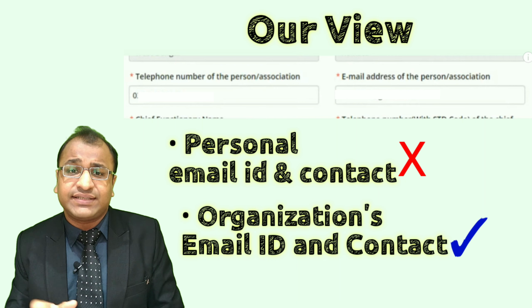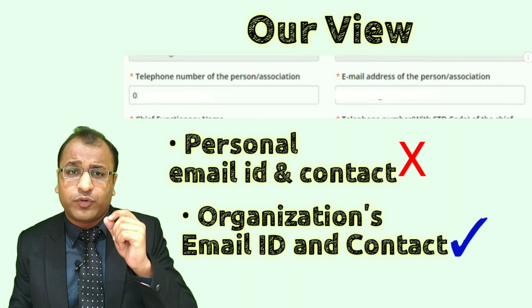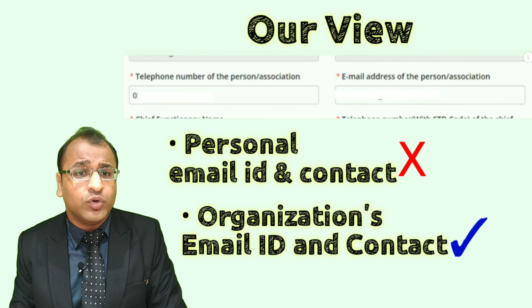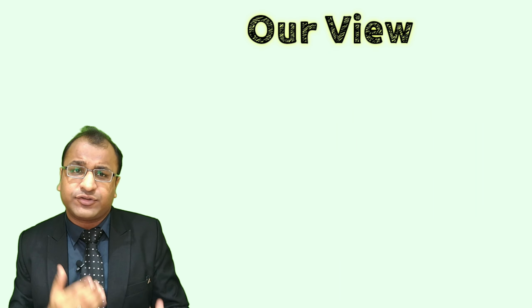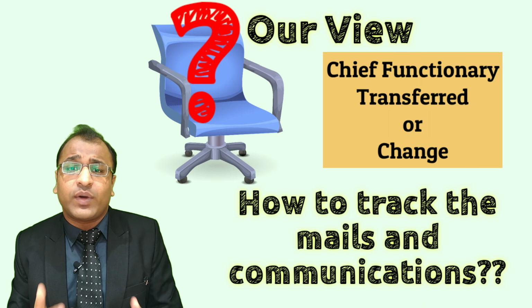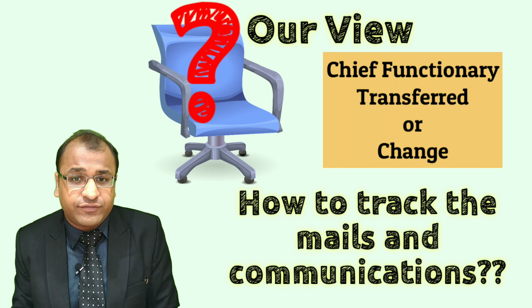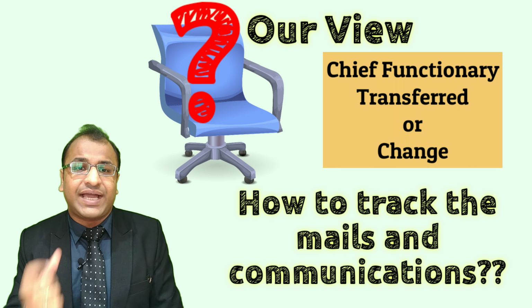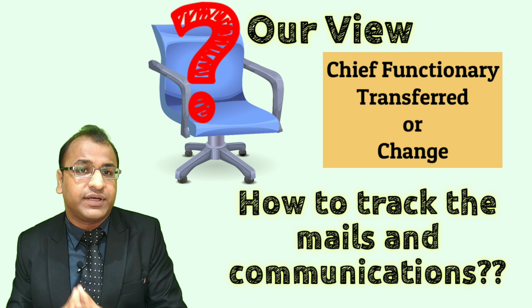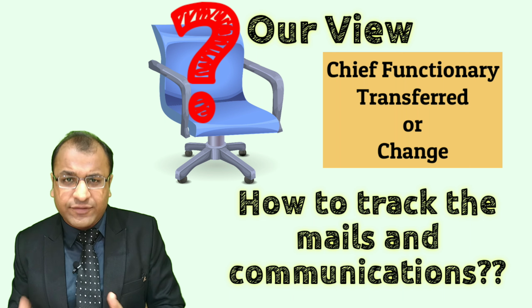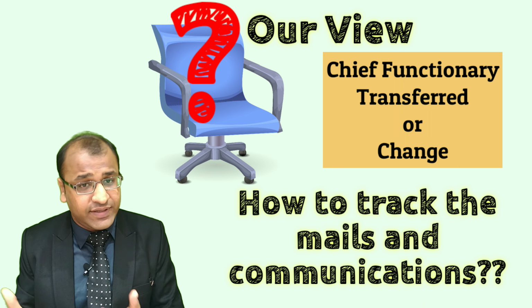In our opinion, as separate contact numbers are asked for the organization and the chief functionary, one should provide them accordingly in order to continue receiving proper communications from the department in future. Sometimes it so happens that most of the organizations provide the personal email ID in both the options. In case of transfer or change of chief functionary, it becomes difficult to track the mails and the chances of missing out any important communication from the department become high. Not only for FCRA, we would prefer separate mails in other regulatory portals and platforms as well.